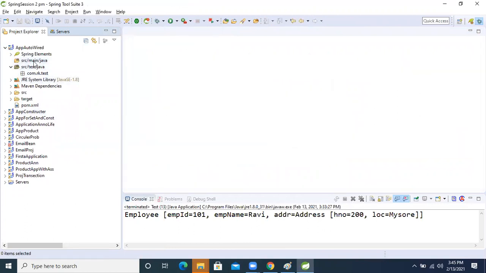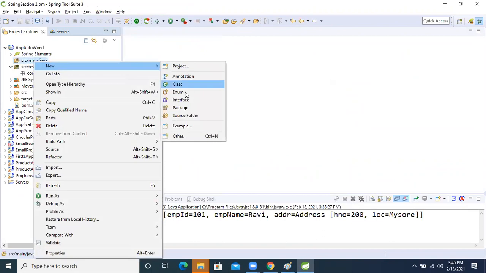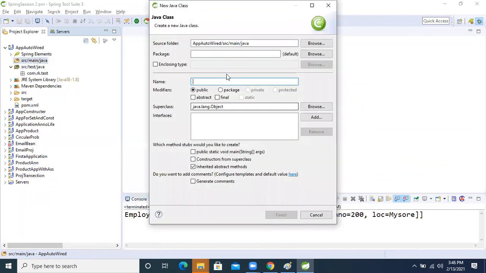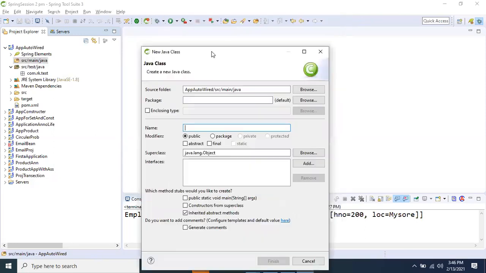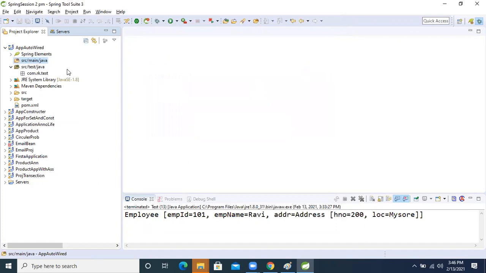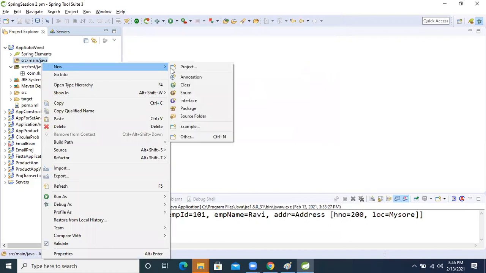So now let's right click on that. First we will take the interface. Guys, 10 minutes again, reconnect yourself. Until we complete this project, don't go anywhere. This project is really very important.